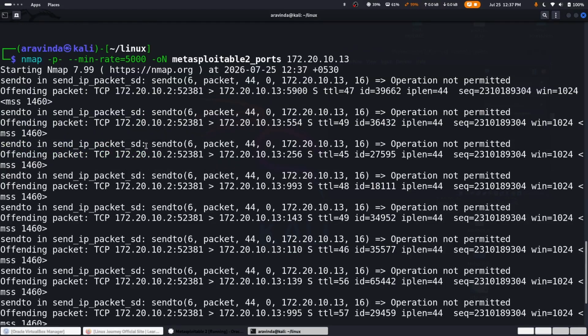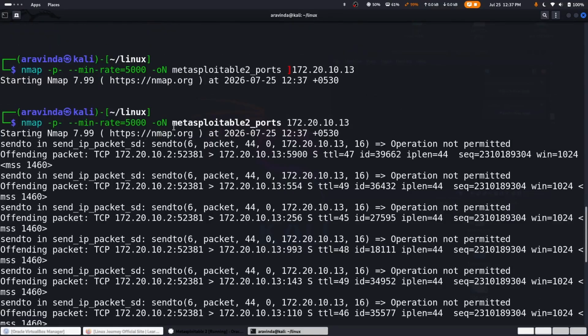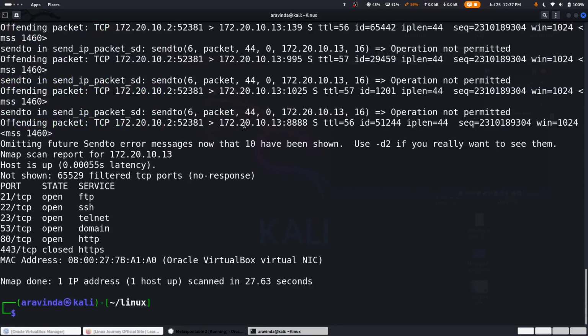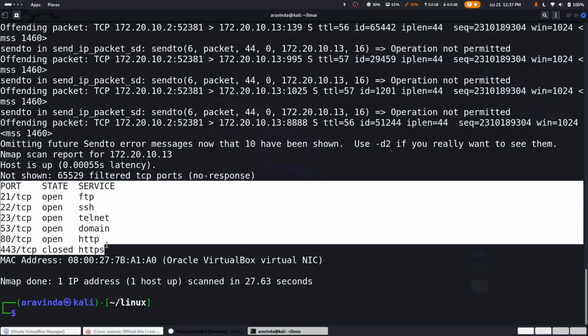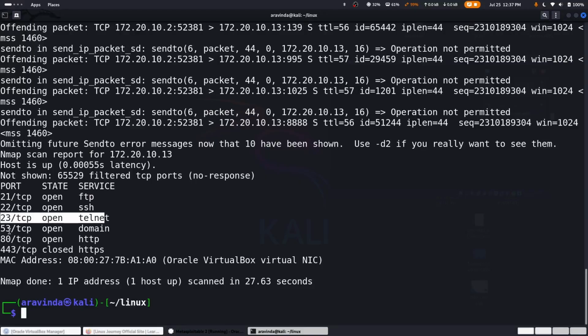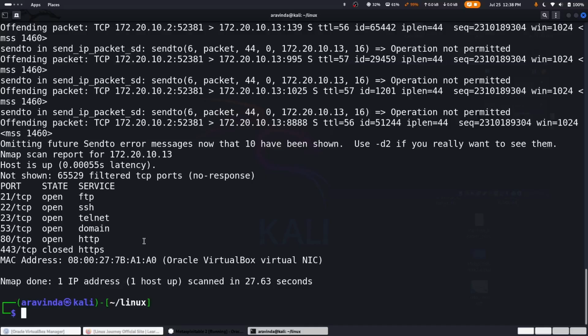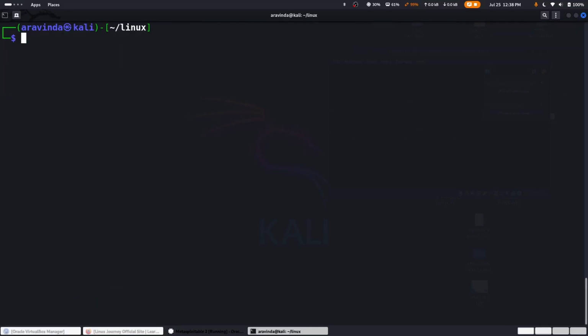It's showing some errors, but hopefully it should run as intended. And we get a list of open ports like FTP, SSH, TELNET, DNS, HTTP as well as HTTPS. So these are the open ports. Now utilizing these open ports, what we do is